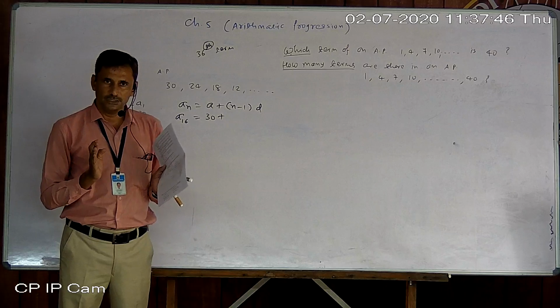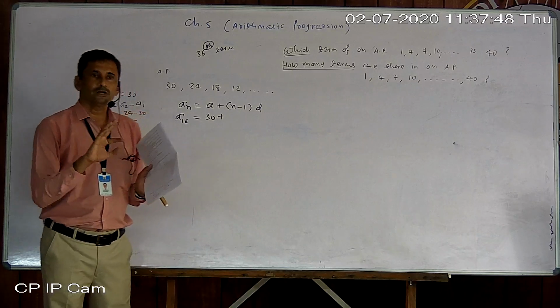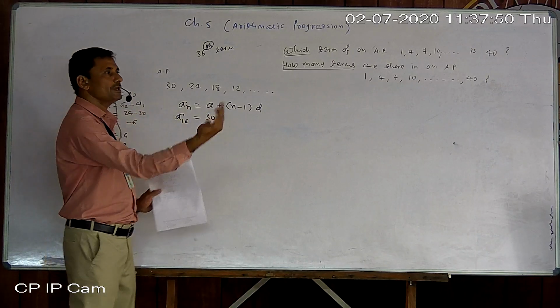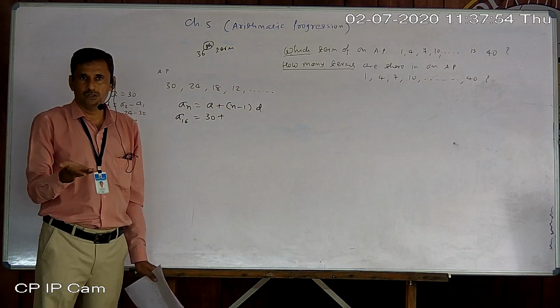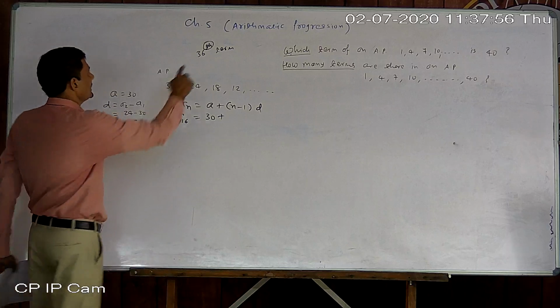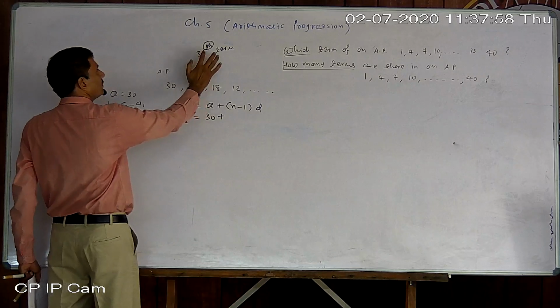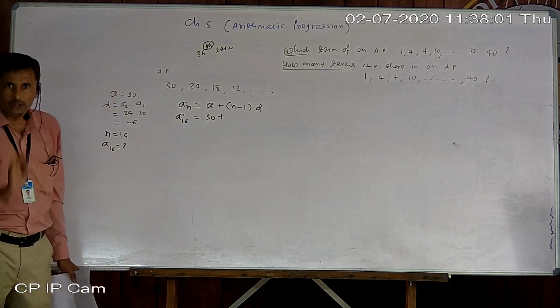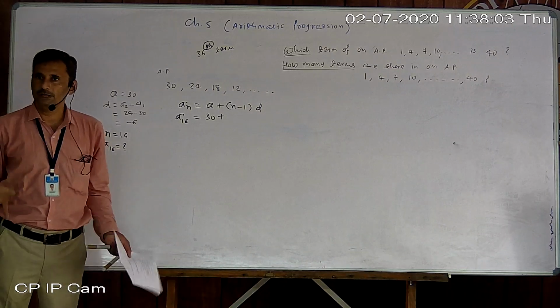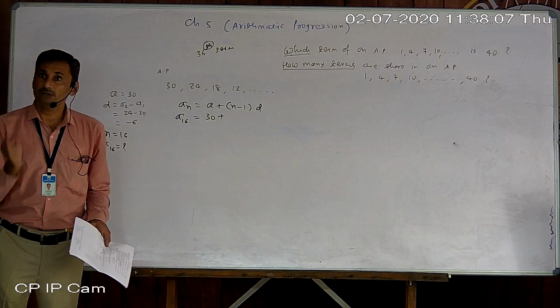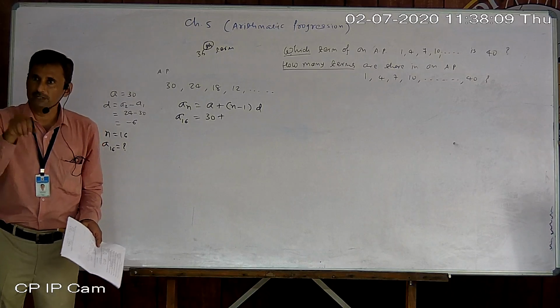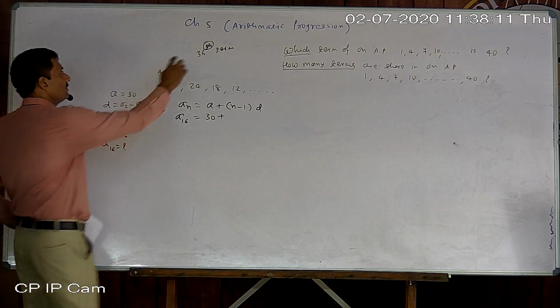The point is the same, but it is about order. Order is given in an ordinal number. 4 is a cardinal number, 4th is an ordinal number. Whenever an ordinal number is given, that is always n. Why? 26 is a roll number, so what does that mean? 26 is the sequence number of a student, so that is always n.